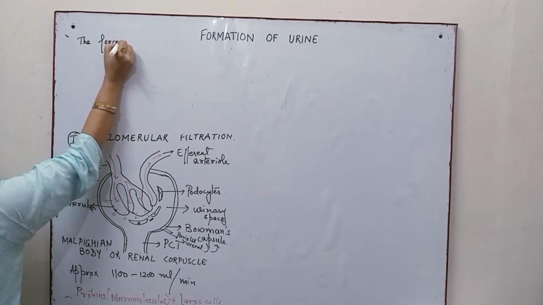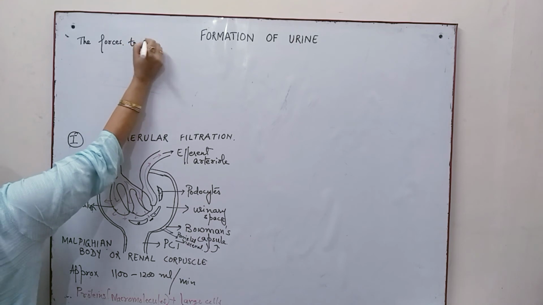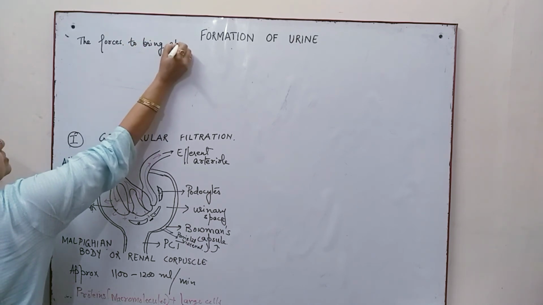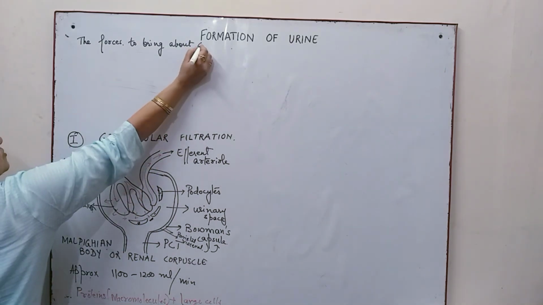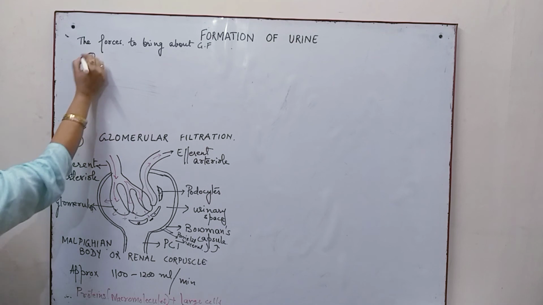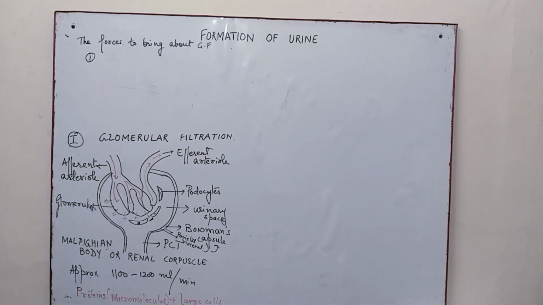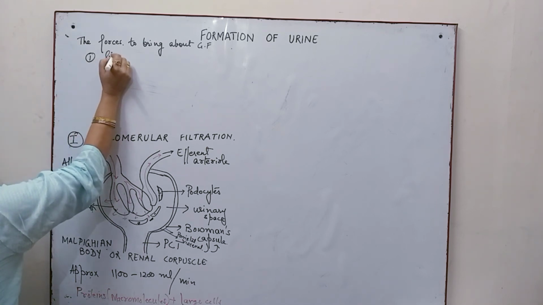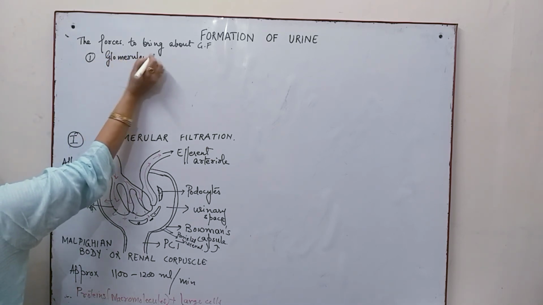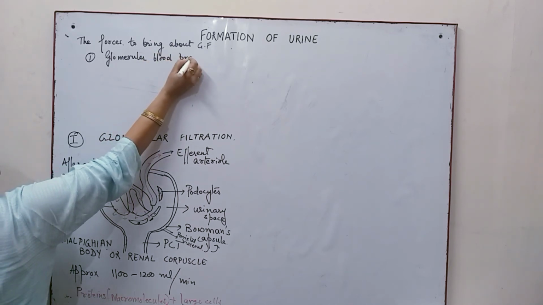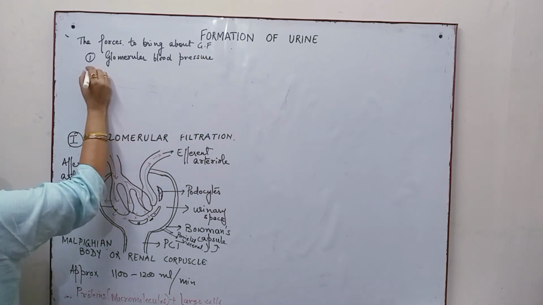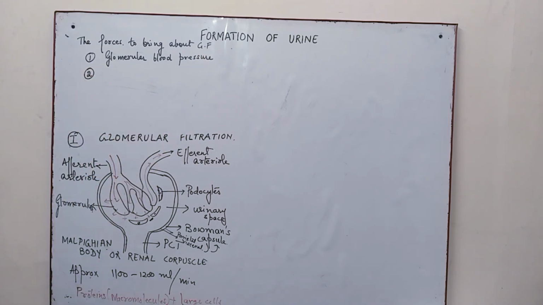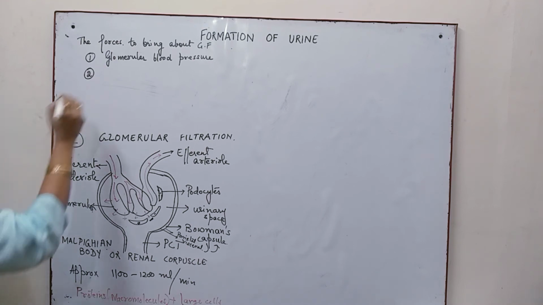The forces to bring about GF, that is glomerular filtration: the first is the glomerular blood pressure, and the second is the total pressure exerted by the osmotic pressure of plasma proteins and the pressure of the filtrate which is already present in the Bowman's capsule. So two pressures are there,